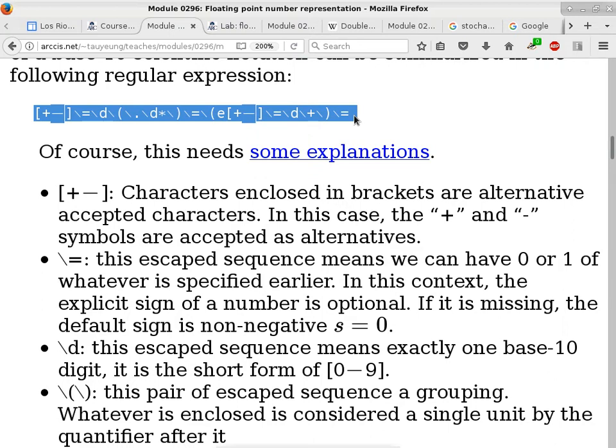So we can identify what's in play. Well, okay, for several reasons. One is, we can validate. Based on this, we can validate whether a given number is in scientific notation or not. The second thing is all of these notations may come in handy at some point when you become a developer or a computer scientist in the field.